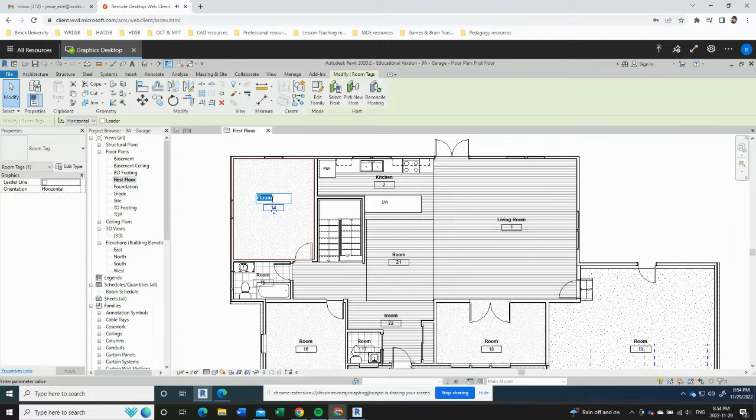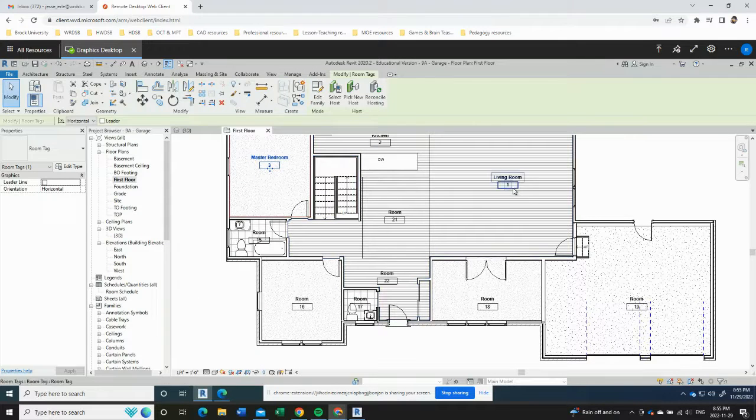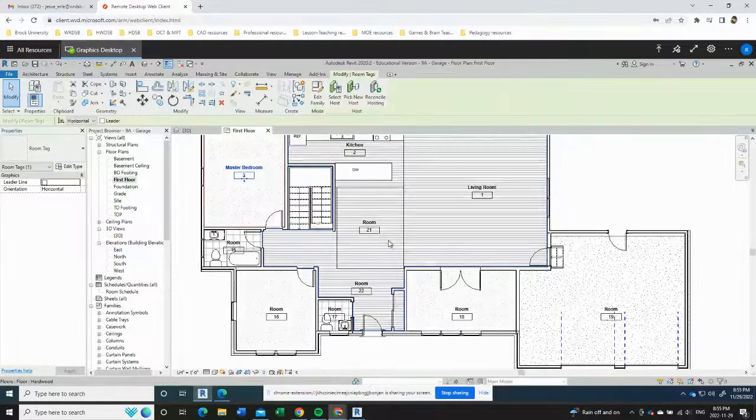Master bedroom, and I can hit enter, or I can click somewhere else, and this will be room number 3. Okay. The sequence that you choose for your rooms in your house doesn't matter too much. Just keep it in sequence. In other words, go 1, 2, 3, 4, 5, 6, 7, 8, around the house, so it makes sense. Okay, so I think you get the idea. We'll end the video here, and we'll pick up in the next video where we will be adding dimensions to our